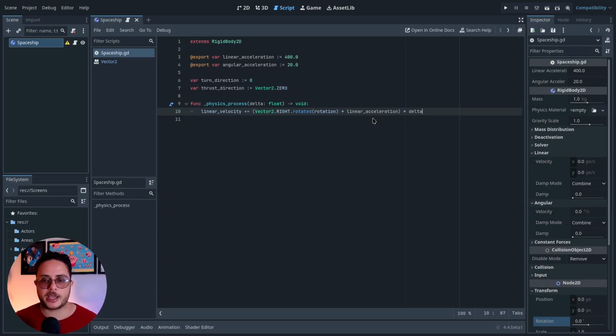Actually, I have to make a small correction here, because Vector2.right is what we are going to use to move the spaceship, but this is what we are going to use in this calculation to tell if it is moving or not. So I'm going to use the thrust direction here instead of Vector2.right. Toggling from Vector2.ZERO to Vector2.right is how we are going to tell the spaceship to move or to stop. So this is the proper